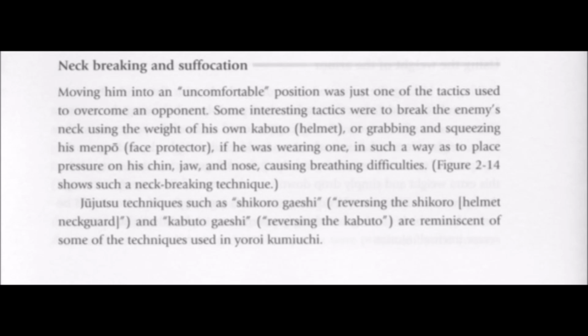Some interesting tactics were to break the enemy's neck using the weight of his own kabuto helmet, or grabbing and squeezing his menpo, face protector, if he was wearing one, in such a way as to place pressure on his chin, jaw, and nose, causing breathing difficulties. Jiu-jitsu techniques such as shikoro gaeshi, reversing the shikoro helmet neck guard, and kabuto gaeshi, reversing the kabuto,